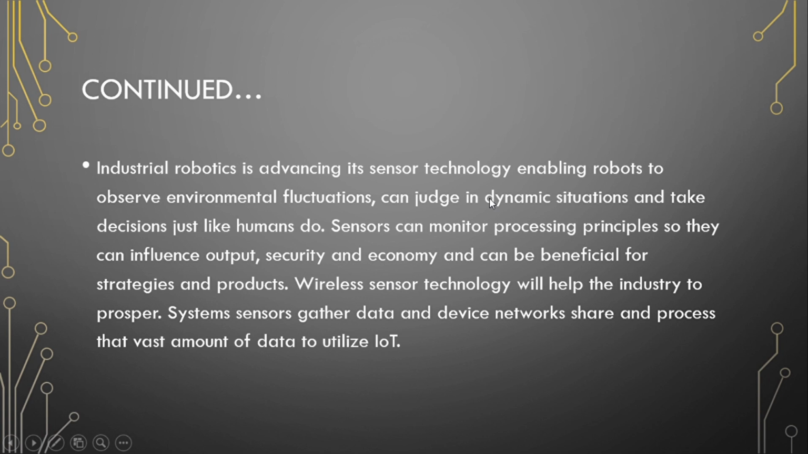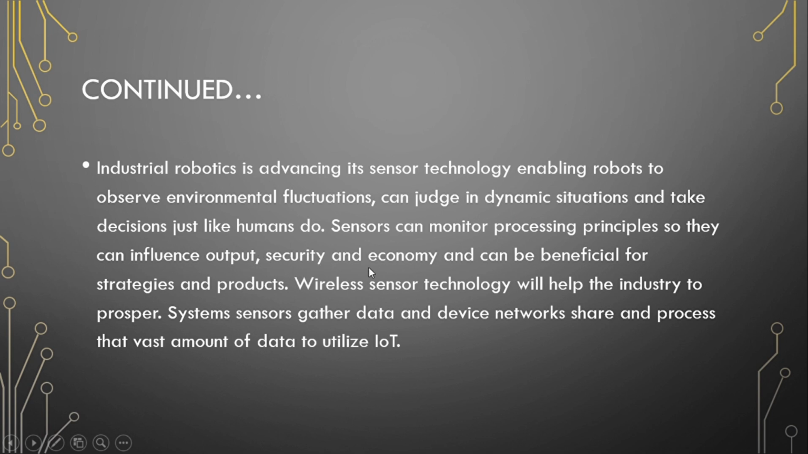Basically, and this is also an application of sensor technology, it is used in robotics as well. Robotics use sensor technology, and robots sense any kind of stimuli and then observe their environmental surroundings, and then can take dynamic actions, just like actuators do, and take decisions like humans do. So sensors can monitor processing principles, and by using sensor technology we can make our surroundings, industries more secure and